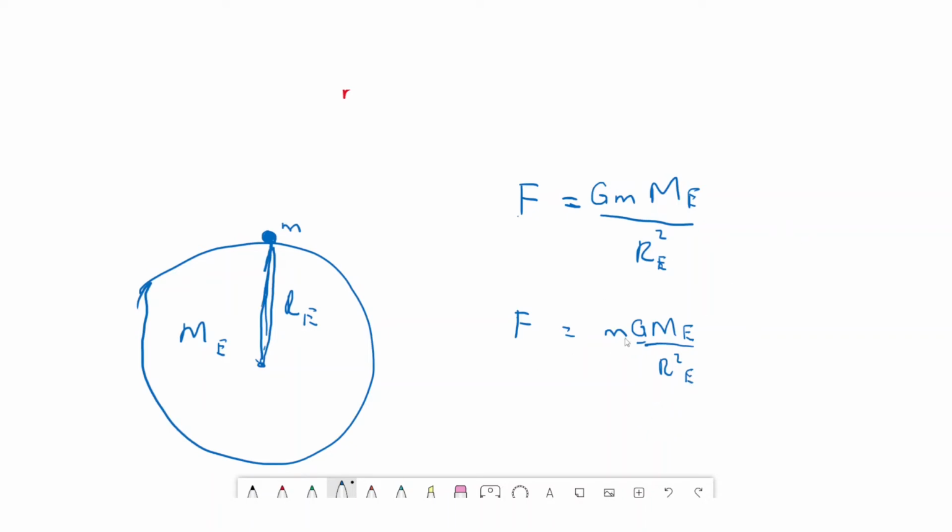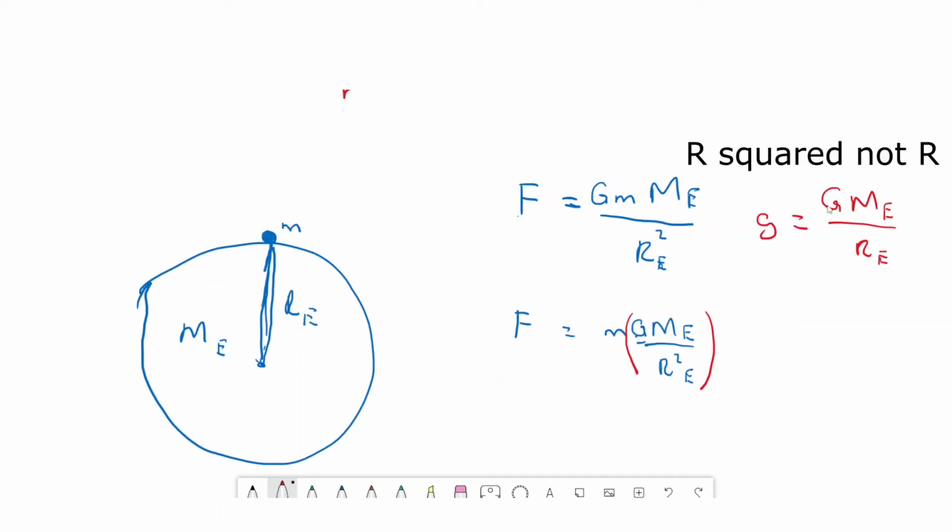Okay. Now this gm, so let me put brackets on it, and then maybe you can actually see it. All right. So I'm just going to put brackets on it. So if I put brackets on this constant here, this constant that says g, mass of the Earth, over the radius r of the Earth, I can actually call it a small letter g. And when you actually put these values, you'll find that g is going to be equal to 9.8 meters per second squared. And this is known as the acceleration due to gravity, which means that I can find the force